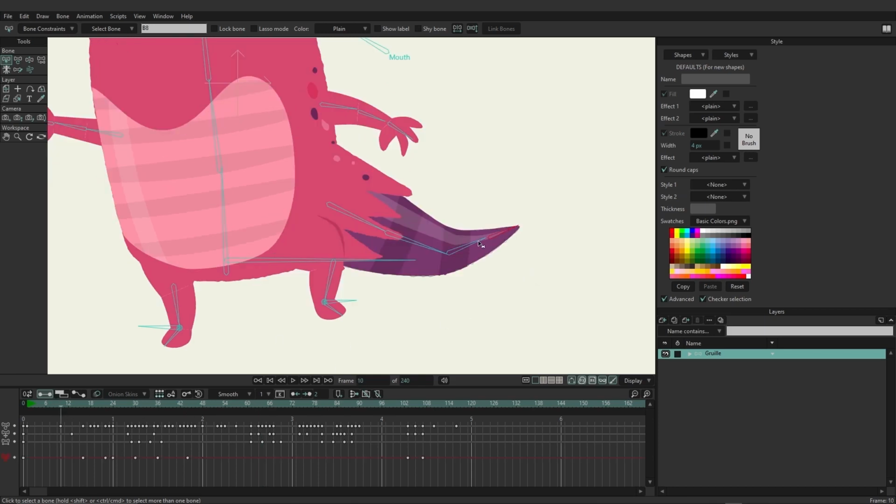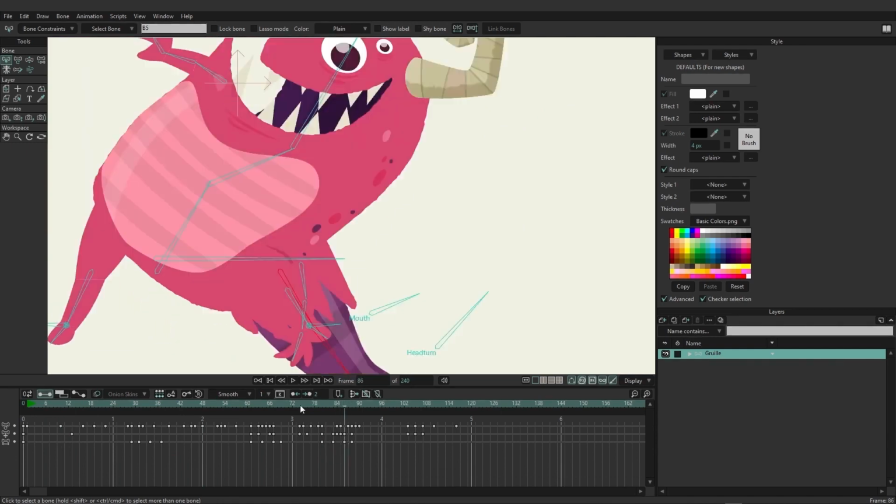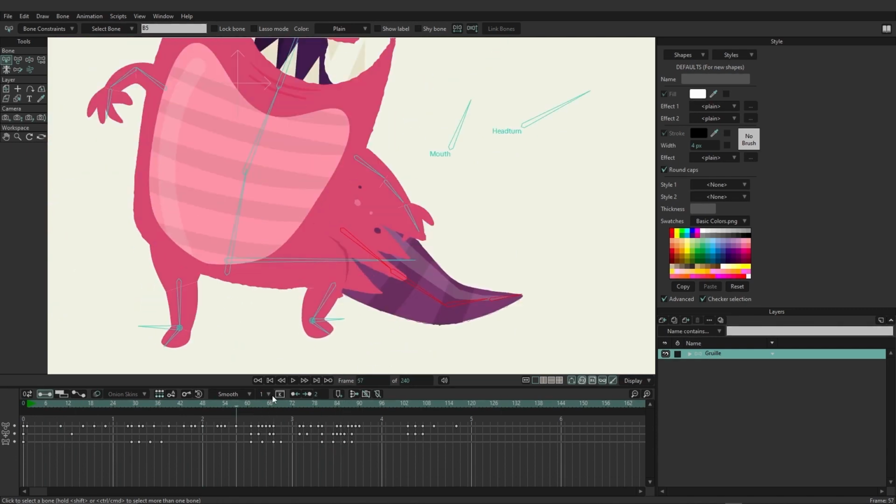So again, if you just wanted to remove animation or add animation specifically to a certain point, you can come in here and pay attention to your red channels. Again, I just removed the red channels for the tail. You can see now the tail won't animate as he moves along. But again, if we were to try to come in here and let's say manipulate the leg,